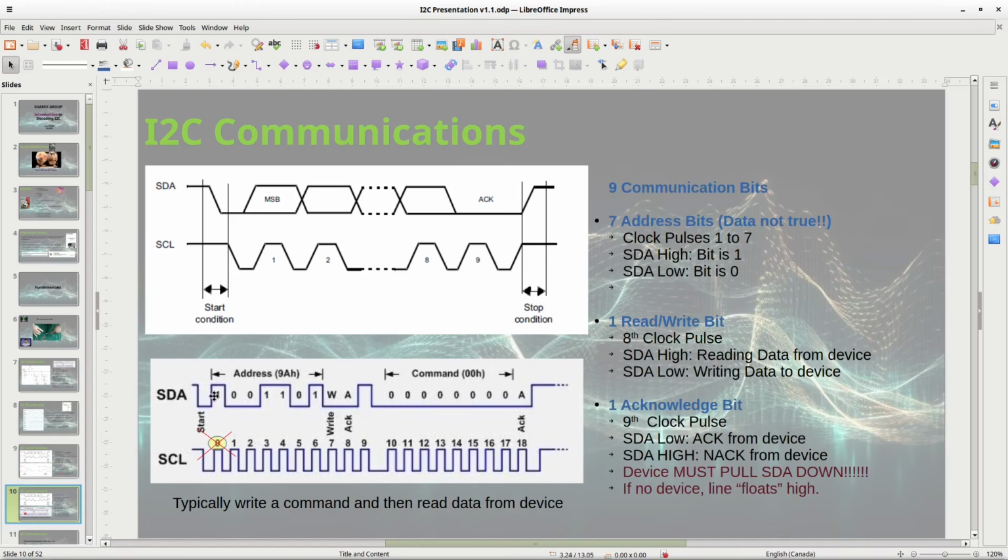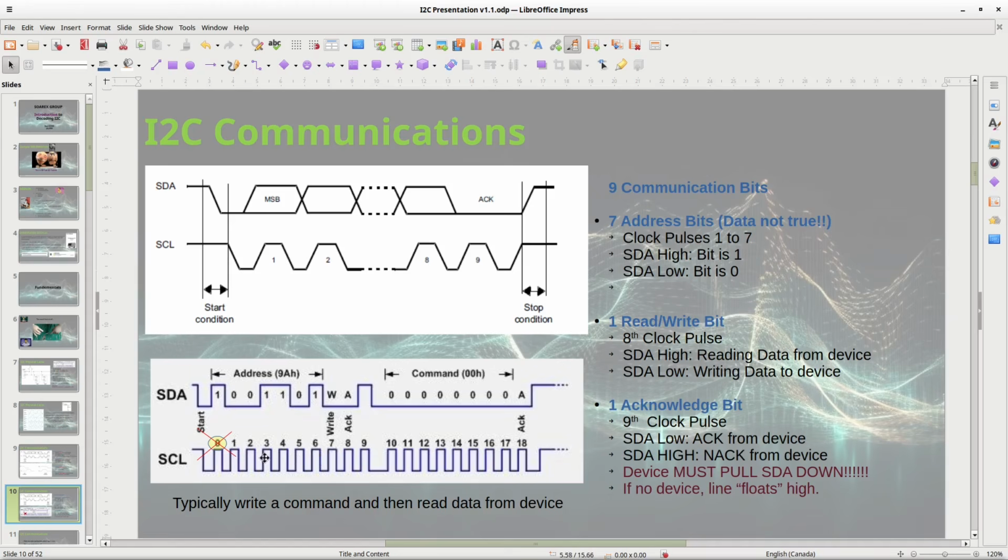So just to walk you through how this works. You've got 7 address bits, 1, 2, 3, 4, 5, 6, 7, and you've got 7 pulses. This diagram starts at 0, but you can't have a 0 clock pulse. It starts at 1, so I usually start at 1. So right here, those 7 clock pulses are clocking the address. When the clock pulse is high, and if the data is high, that's a 1. If the data is low, it's a 0. Only when the clock pulse is high, it looks at the bus.